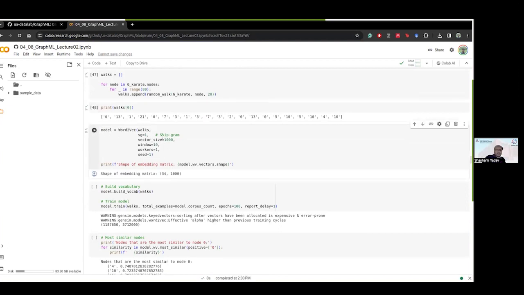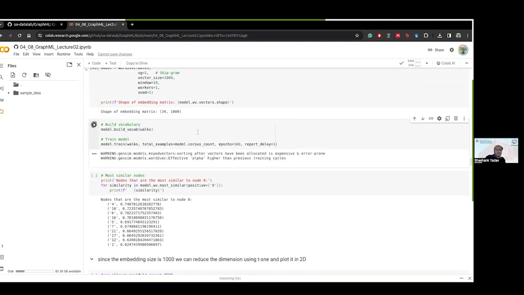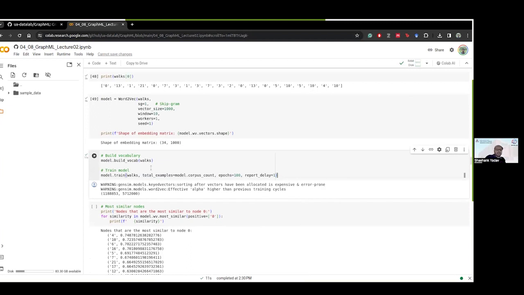Okay, let's train the node2vec model. So now we have these sizes. There were 34 nodes. Each node is embedded into a 34,000 dimensional space. Once we build the vocabulary, it might take some time, because I have set the number of epochs to 100. Okay, now it ran, and since the model is trained now, we can ask this question,